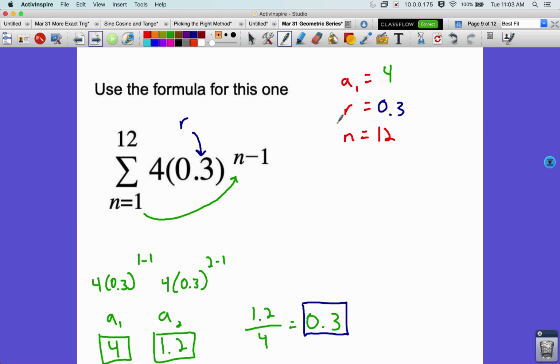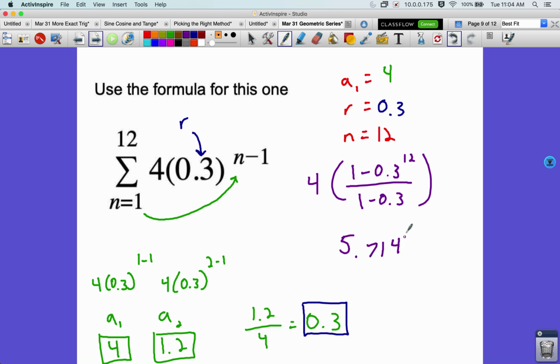All right, we've got everything we need to plug this into the formula. So it's 4 times 1 minus 0.3 to the power of 12 all over 1 minus 0.3. Now when I plug this into my calculator, I'm going to do everything except for the times 4. I'm just going to do it in pieces. So 1 minus 0.3 to the 12, press enter, divided by, in parentheses, 1 minus 0.3, press enter, times 4. So I do it a little bit out of order, so I make sure I do my order of operations right. And I get, this here simplifies to be